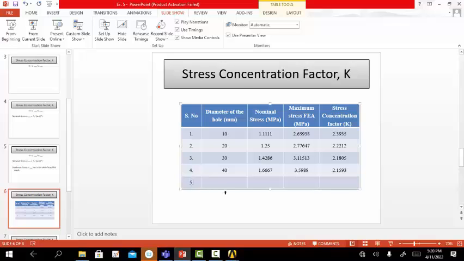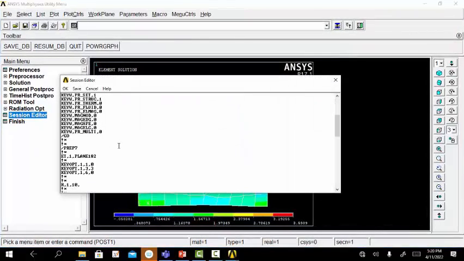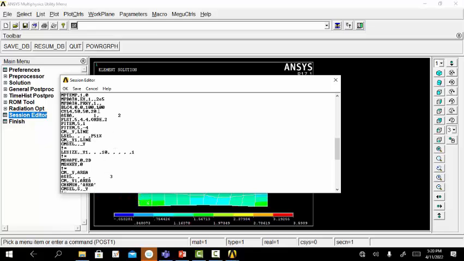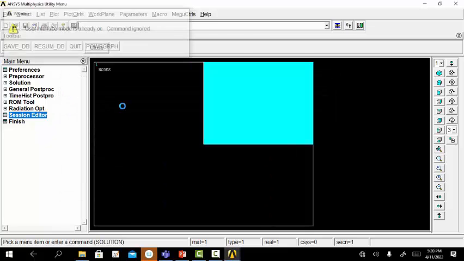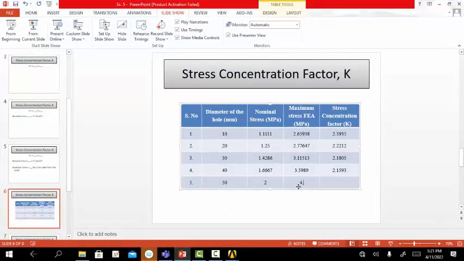Then for the fifth case, consider the diameter of the hole as 50 mm. So the nominal stress will be 1000 divided by 100 minus 50 into 10. The value is 2. In the answers page, edit the radius value as 25 mm. Save, OK. The maximum stress induced value is 4.29785. The stress concentration factor value